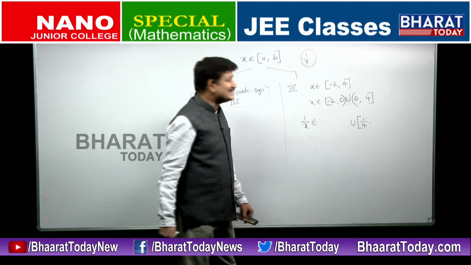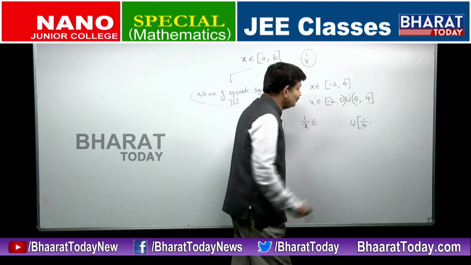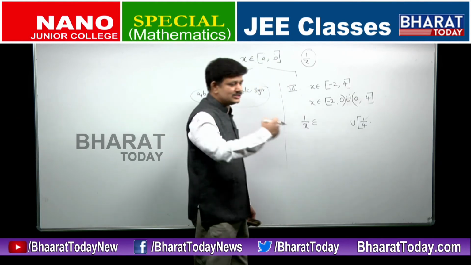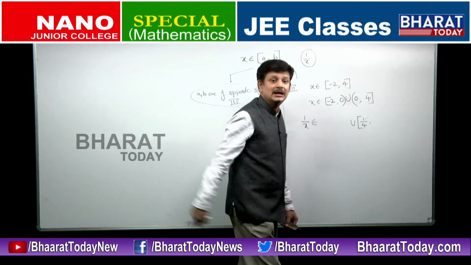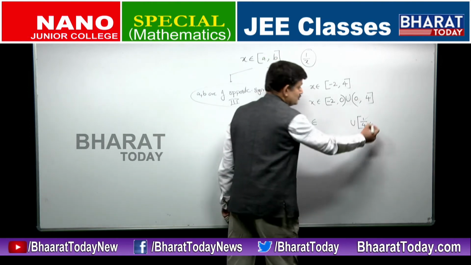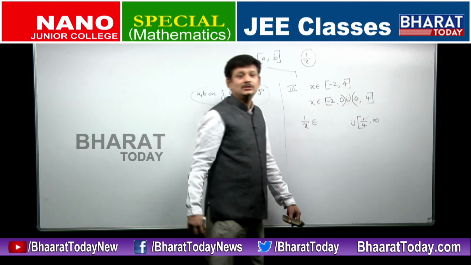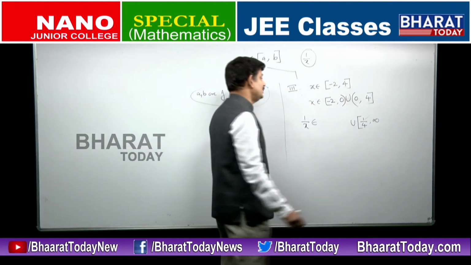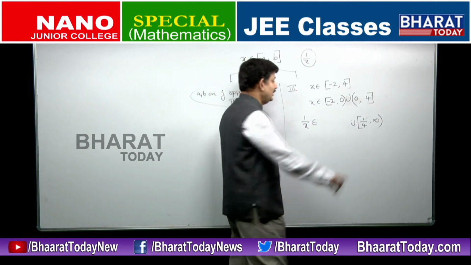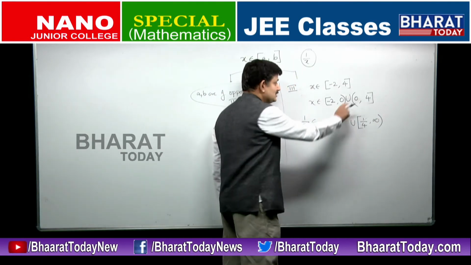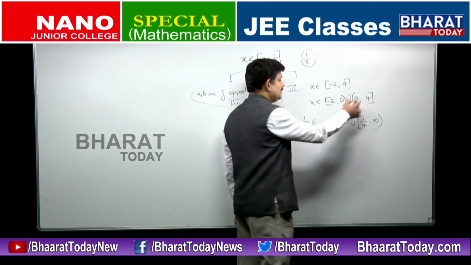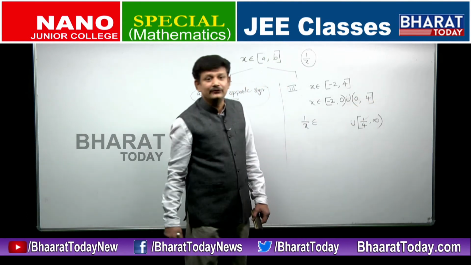Reciprocal of 0, as such there is no reciprocal of 0, but this is a number slightly greater than 0, a very small number, 0.0000, many such zeros, and then comes a 1. So what will be the reciprocal of that? It will be very huge, very huge. How huge? Huger than whatever you say. So this will only end at infinity, our symbol infinity, with an open interval. So the reciprocal of a number slightly greater than 0 will be a very big number, and to say that it is very big, I am using the symbol infinity.